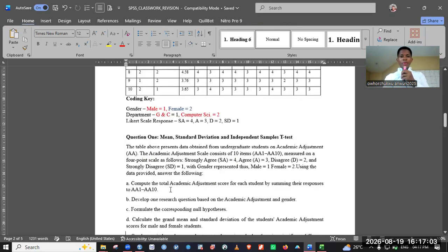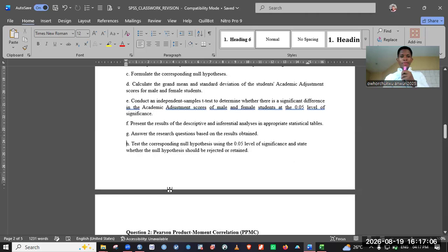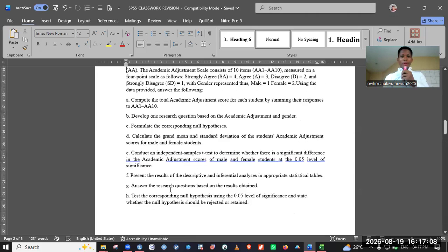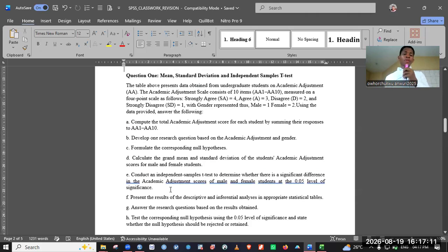Now, there are 2 questions we are going to provide the answers for. The questions have sub-questions under them. The first question is for mean, standard deviation, and independent samples t-test. I remember I said previously that an independent samples t-test is used when we have an independent variable that has 2 levels, 2 categories, and then we have our dependent variable that will have no categories. Now,